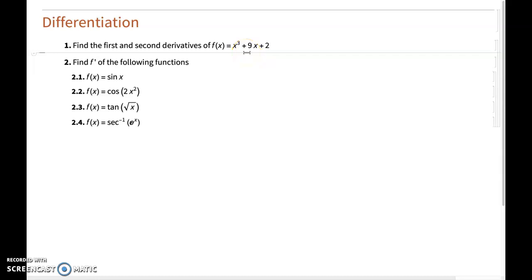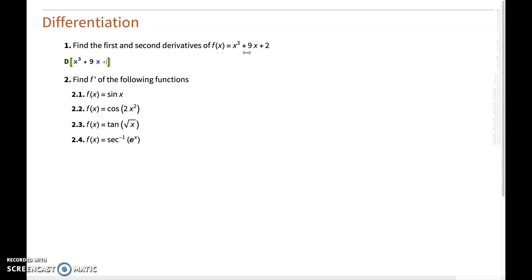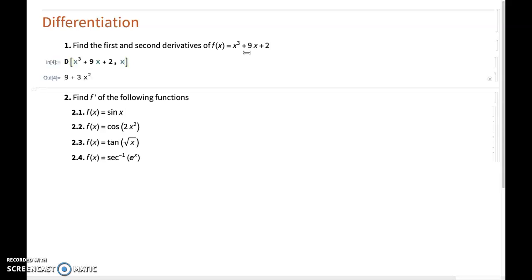and the Mathematica command to find derivatives of functions is simply D, as the letter suggests. So you write D, capital letter, and then you have your square brackets indicating that this is a command of Mathematica, and then you start typing in your function, right? So this is x cubed plus 9x plus 2, and then you need to tell Mathematica that the variable you're interested in differentiating with respect to is x, and then you run the command, getting 9 plus 3x squared, which